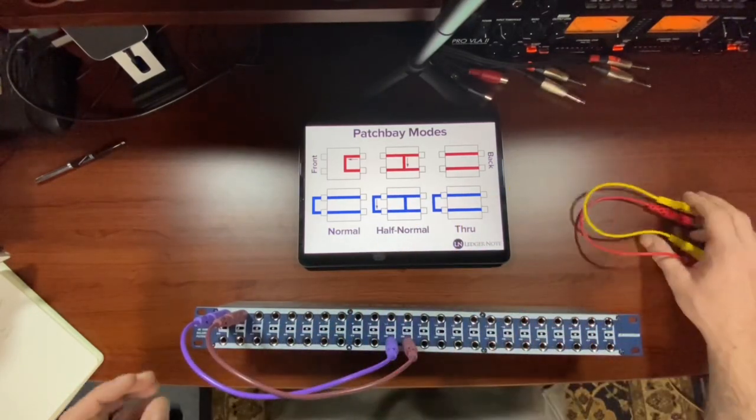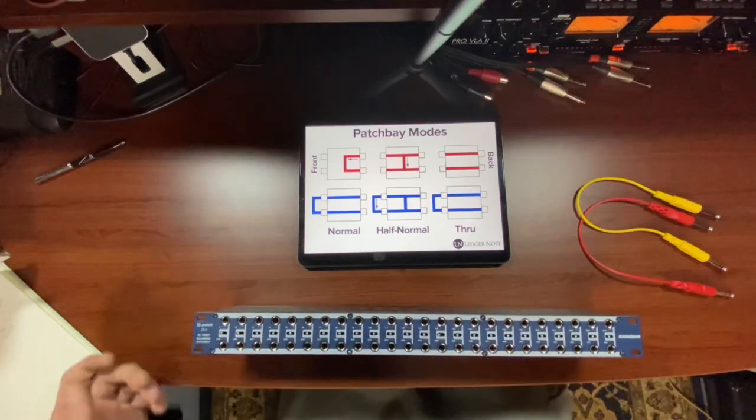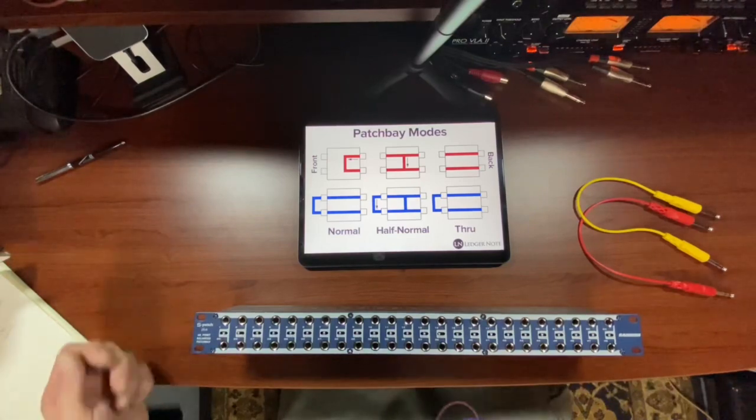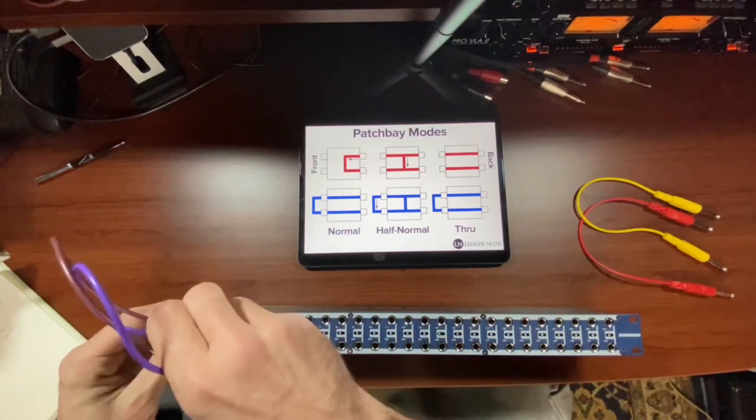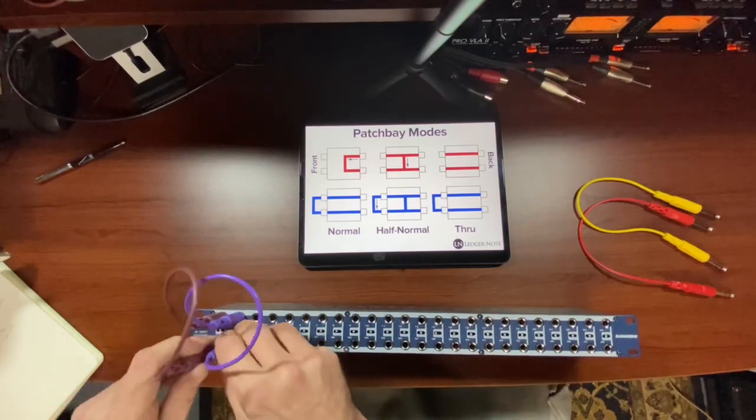Through mode, it needs to be wired. Through mode, if I was playing my MPC Live now and had this on through mode, nothing would be coming through until I actually plugged something in and routed it. So those are your 3